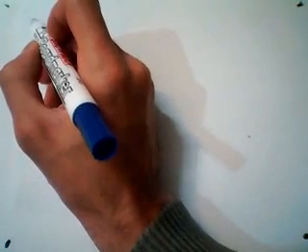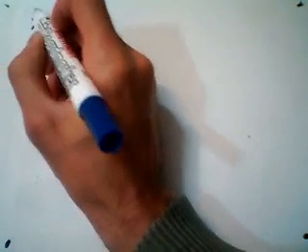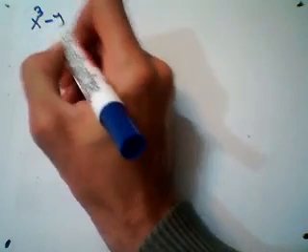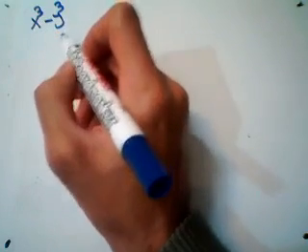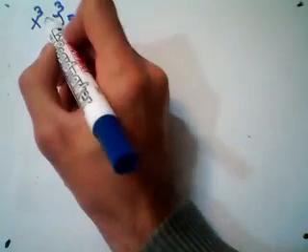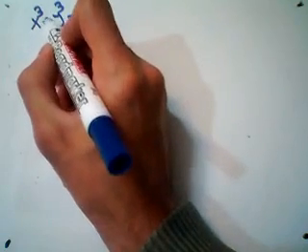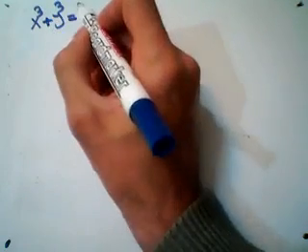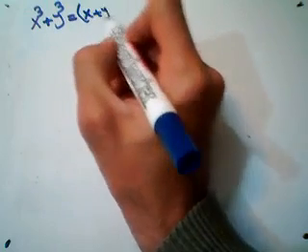It goes like this: x cubed minus y cubed equals, let me first say the plus version, x cubed plus y cubed equals x plus y